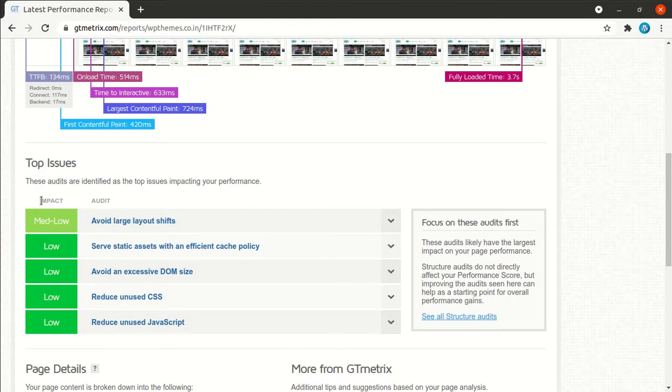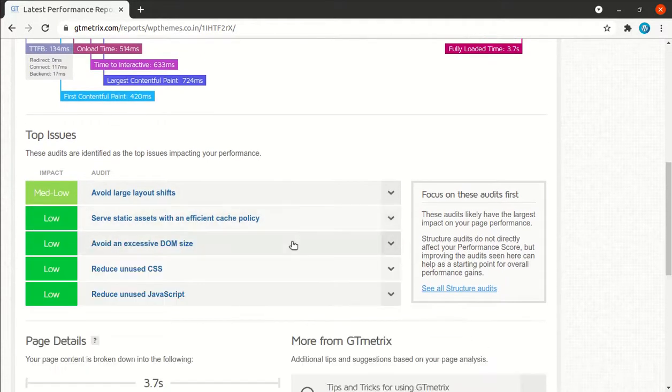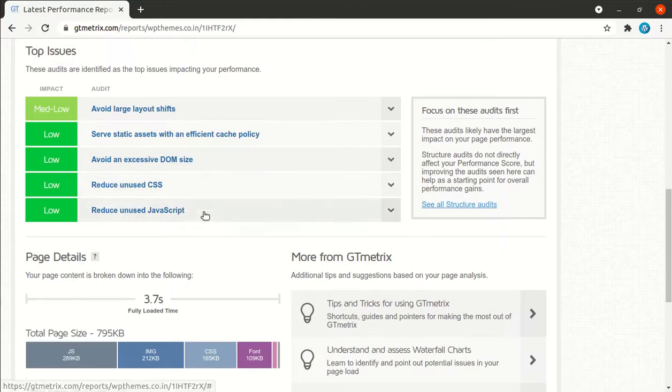You can see all are green. In your case it may be orange or red, but we have to gain all green here. You can understand all these things by clicking on these buttons, and it will tell you what exactly you need to do for the optimization.